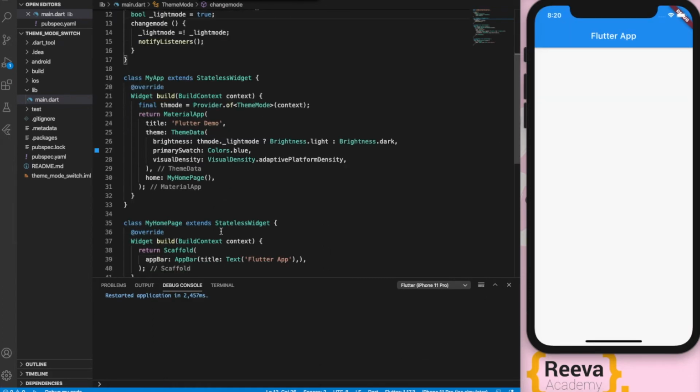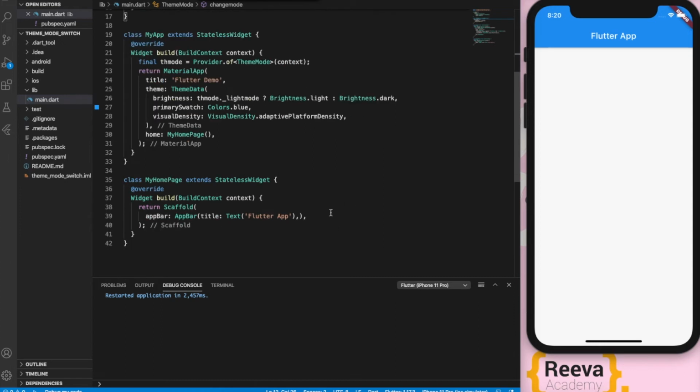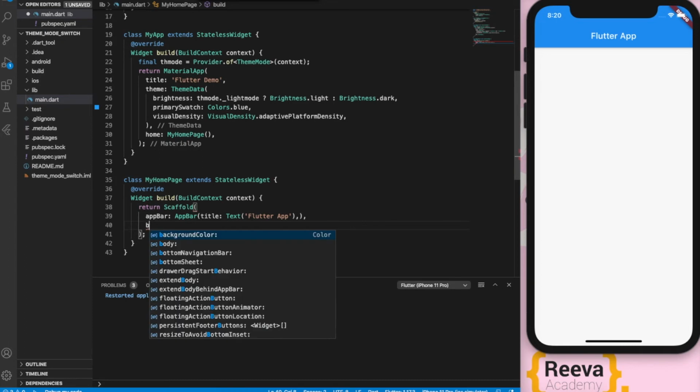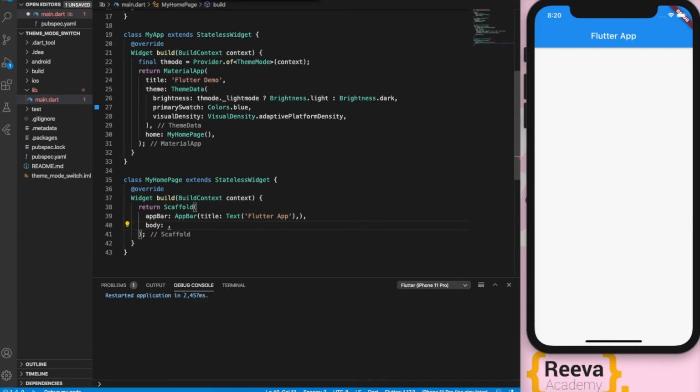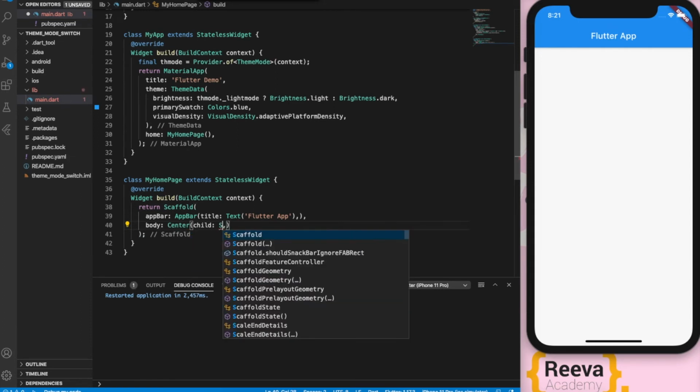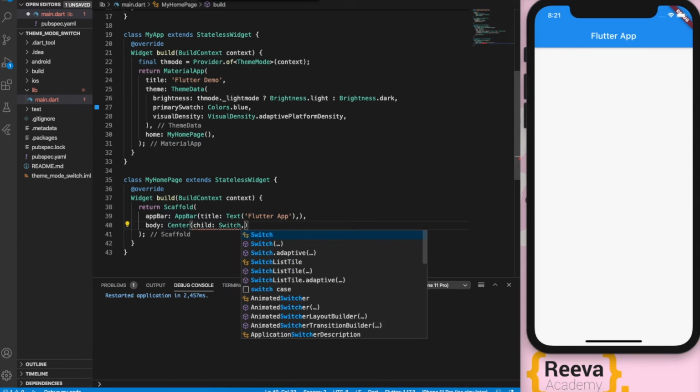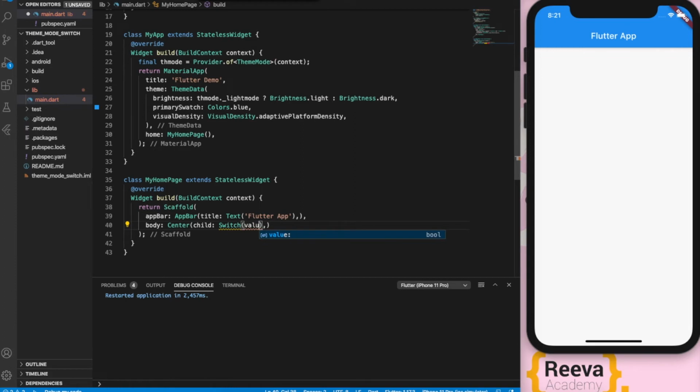Now what we will do is add a switch over here to turn it on and off. We will go to the body and add a switch. I will add one Center widget. You can add it wherever you want, in your settings page or elsewhere. So I will add the Switch value.